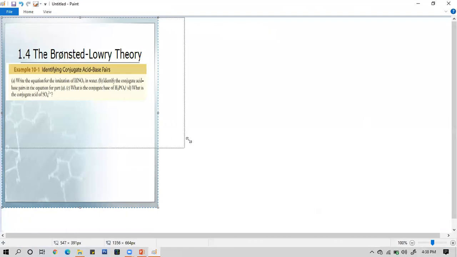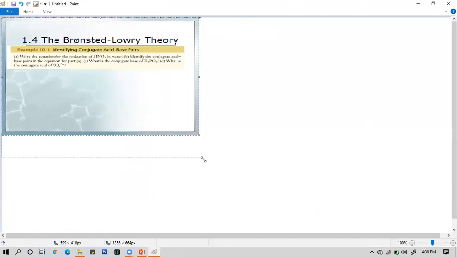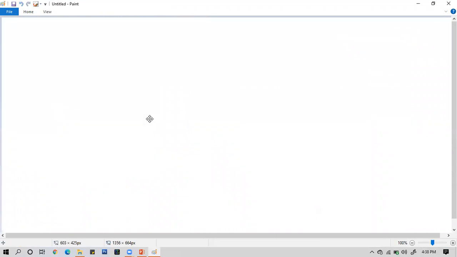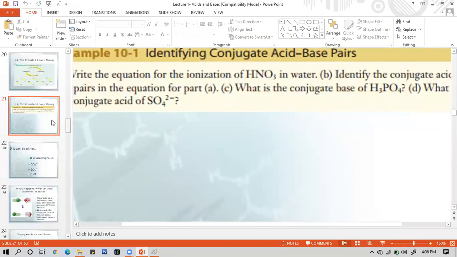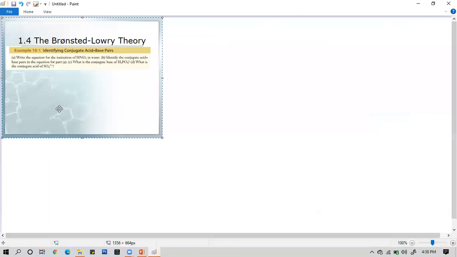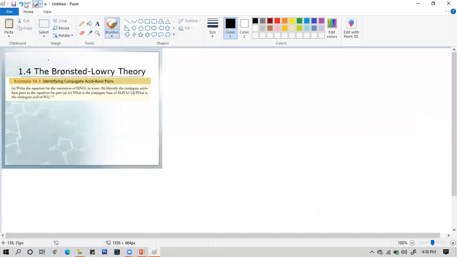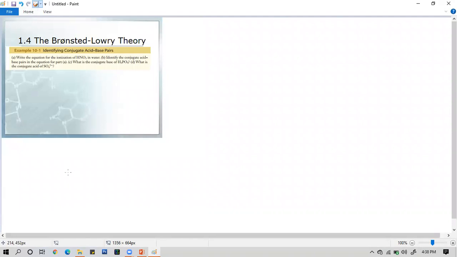Now, the question here says, write the equation for the ionization of nitric acid in water. Ionization of nitric acid in water. Okay, ano ba ang mangyayari dito? Now, sabi dun sa problem letter A natin, nitric acid plus water. So, HNO3 plus H2O. Now, in order to write the acid-base equation here, alamin ninyo kung nasan yung acid